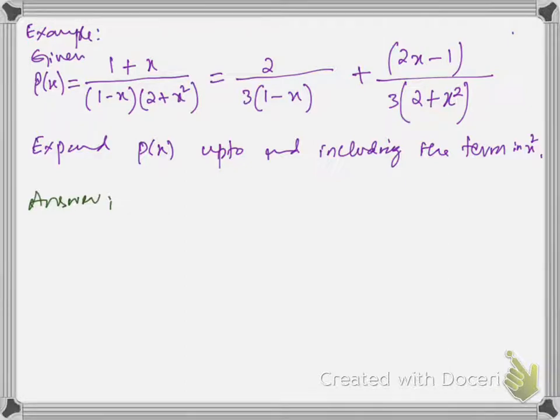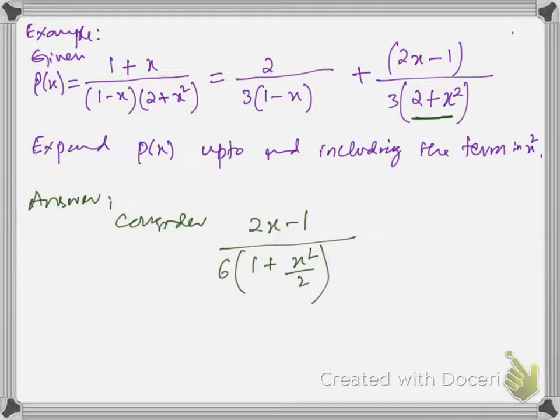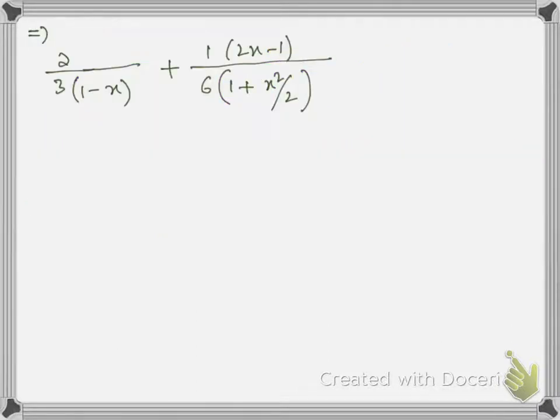Since the first term is not 1 in the second expansion, we have to make it 1. Let's see how to make it 1. We have to take 2 common from the denominator of the second expansion. Therefore we have 6(1 + x²/2). Now we can expand this expansion. Now we have this expansion, 2/3 (1 - x),